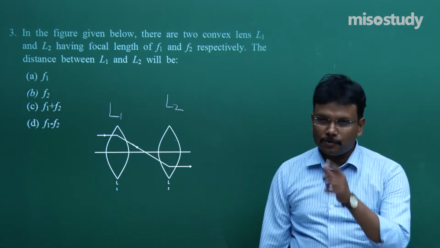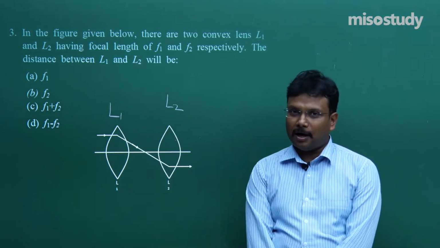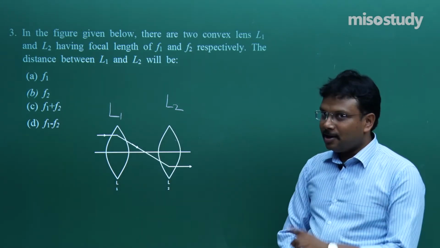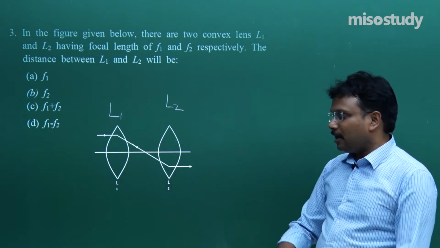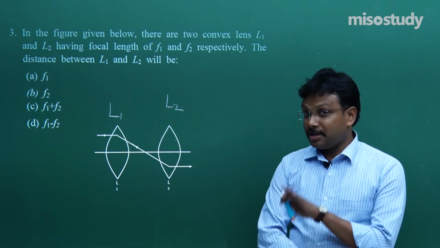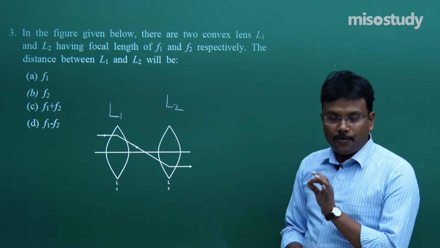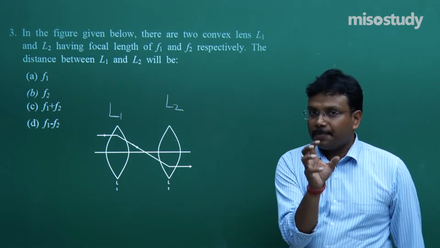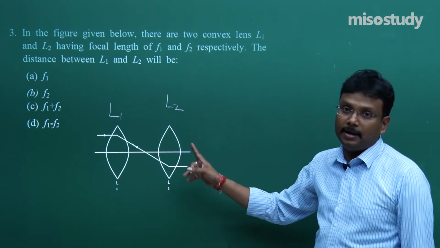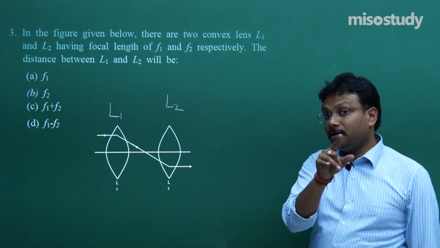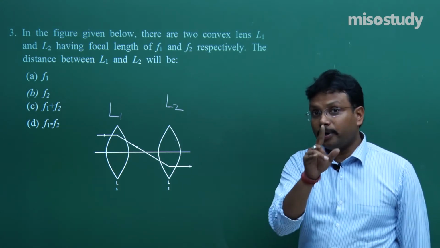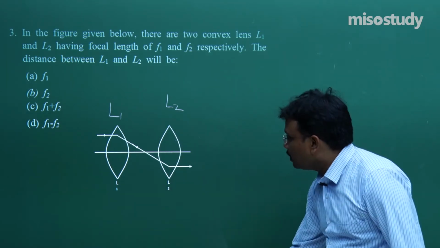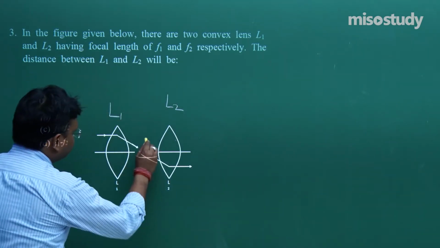Students, if you take a close look at this diagram, from where the ray is coming, from where the ray is passing, and at which point the ray is approaching. This question is very simple, a one line answer, but it will check all your concepts of image formation using a lens: at what point the rays are going and at what point they are going to meet.